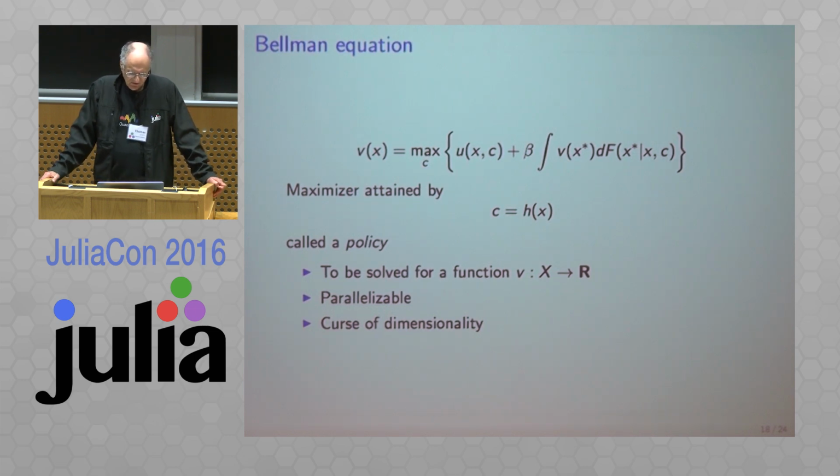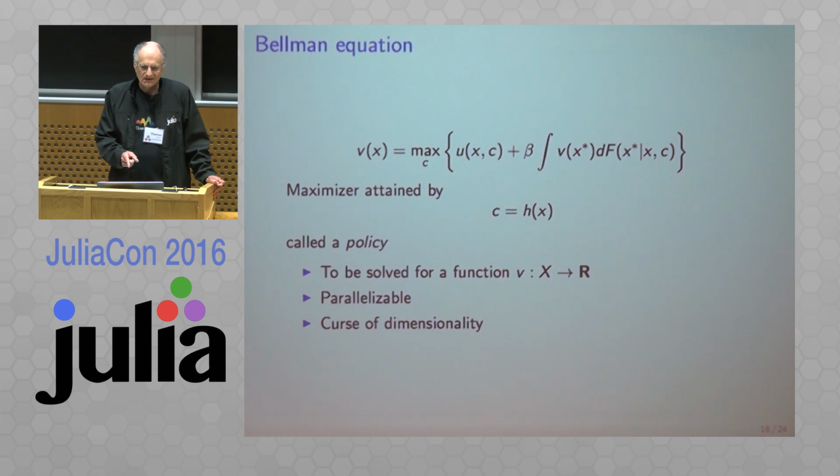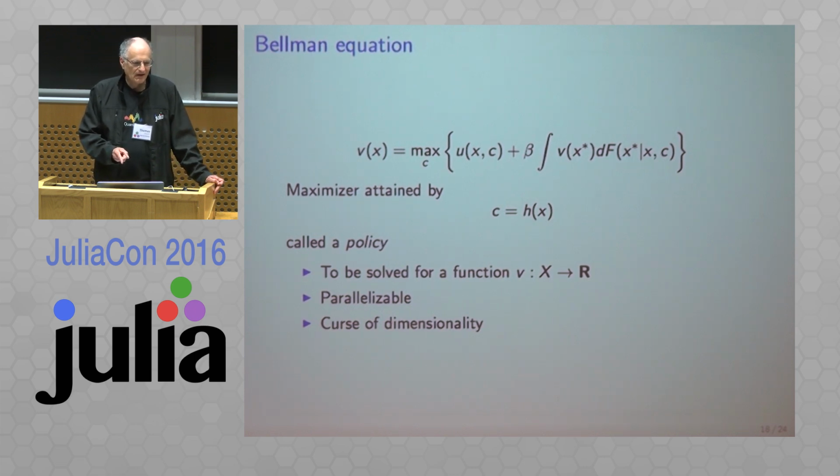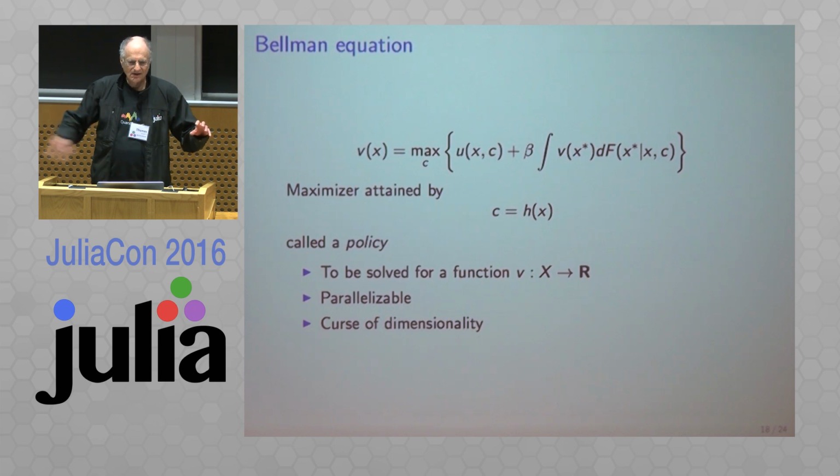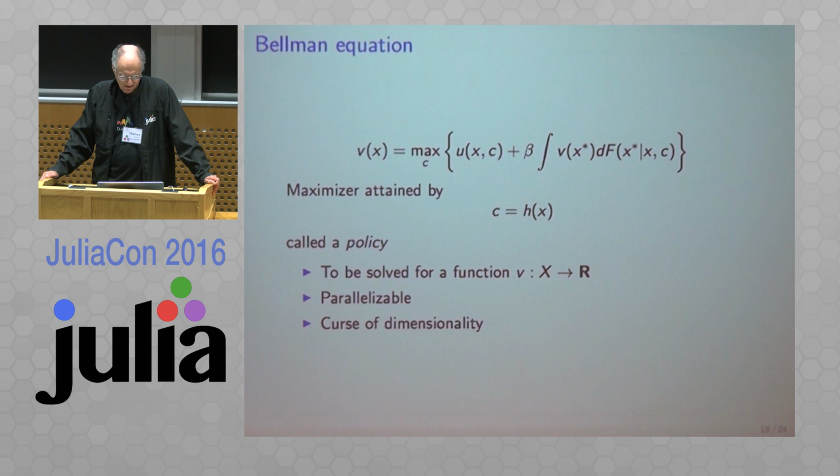If you stare at that, you'll see it's really, so how do you solve that? So if you're a Julia guy, how do you solve that? Well, people have devoted, okay, so this is going on in Julia. There's various clever ways. The simplest way is iterate. Make a guess at the thing on this side, compute the thing on this side, then do it again. And what you can prove is, actually a great mathematician, David Blackwell, proved that that's a contraction. So it's guaranteed, has very good, nice convergence properties. Slow, but it's going to start from anywhere.